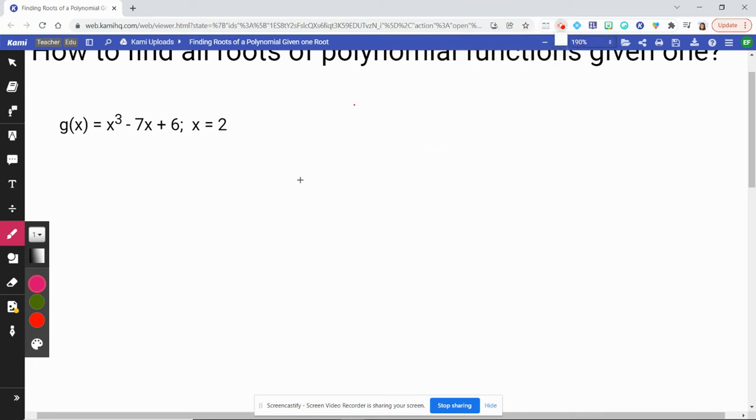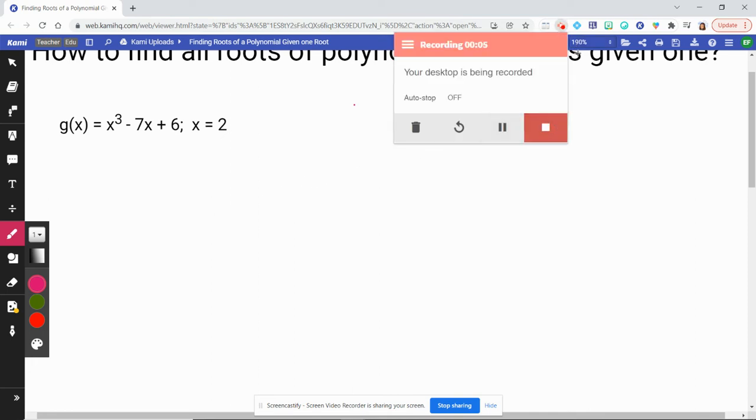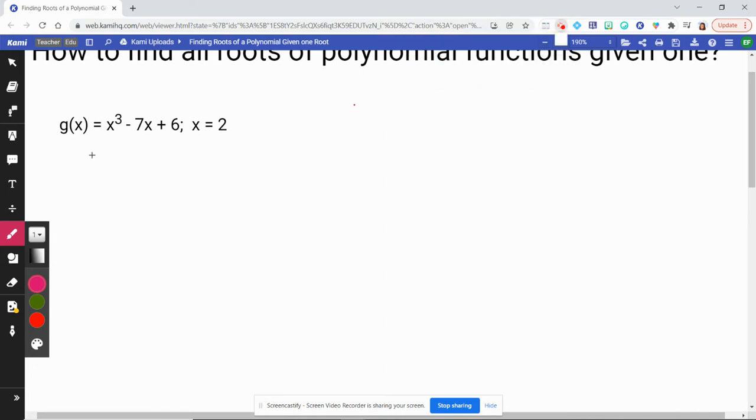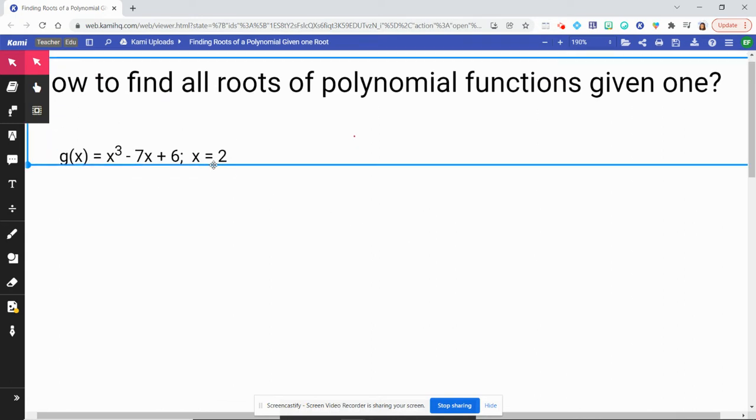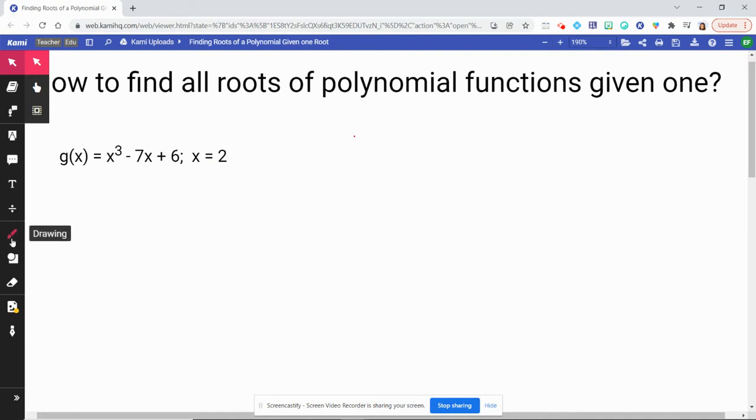All right, hello everyone. In today's video, we're going to talk about how to find the roots of a polynomial given either a root or a factor. So in this first problem here, I do give you the root of the polynomial at x equals 2. So let's start out by doing some synthetic division with that root so that we can bring our cubic down